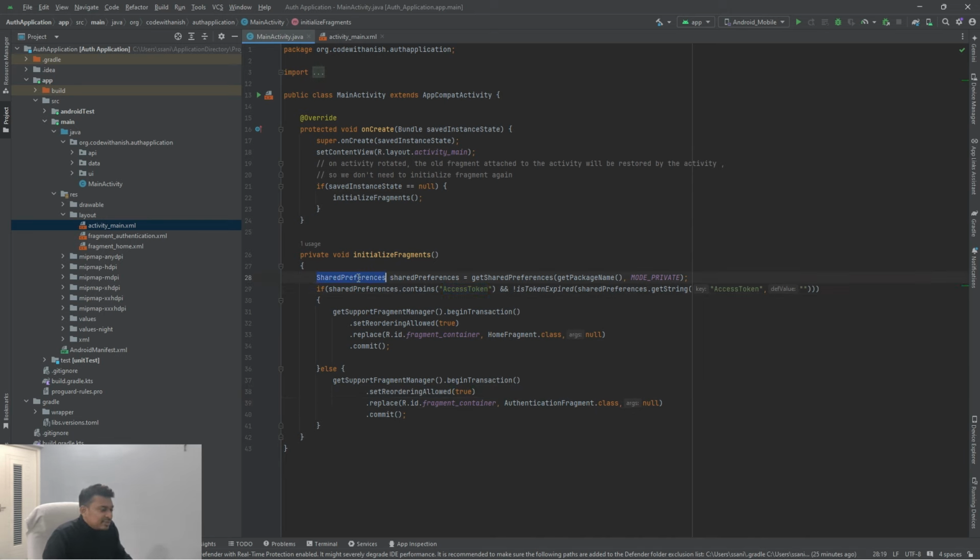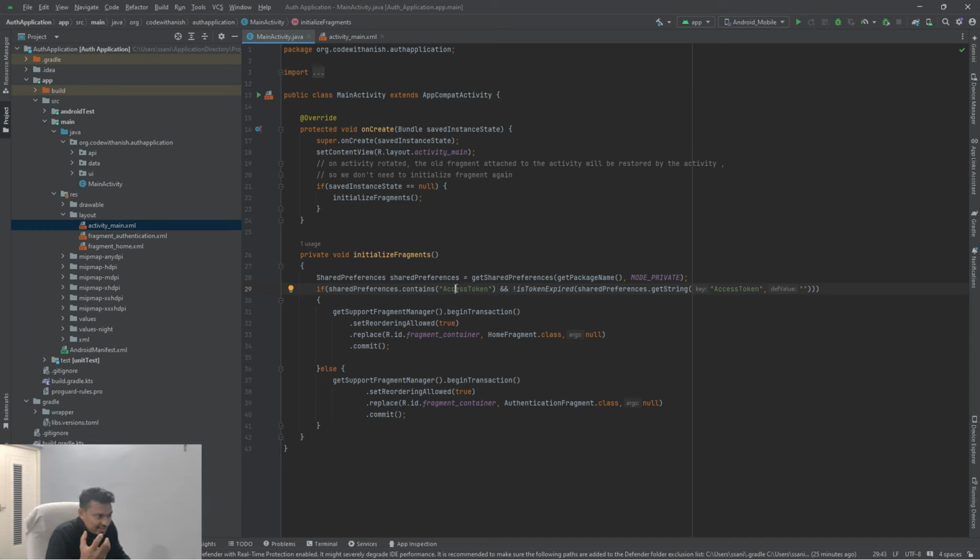So this is a shared preference. Shared preference is nothing but a way to save some value which you have to use across the application, even if you come out of the application and relaunch it. As far as your application is not uninstalled, if you want to use or refer to a value, shared preference is a good option. Because we can store one value, and as long as the app is not uninstalled or you explicitly clear data, this value will be there in the application and you can use it anytime. So what I do is, whenever an authentication is successful,